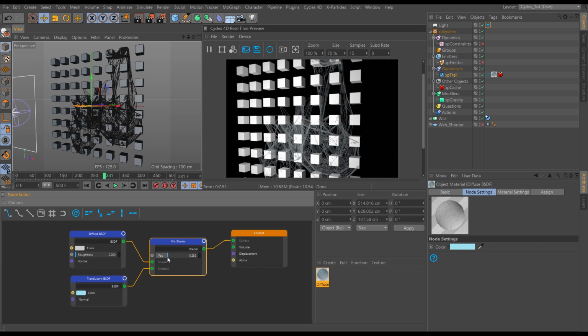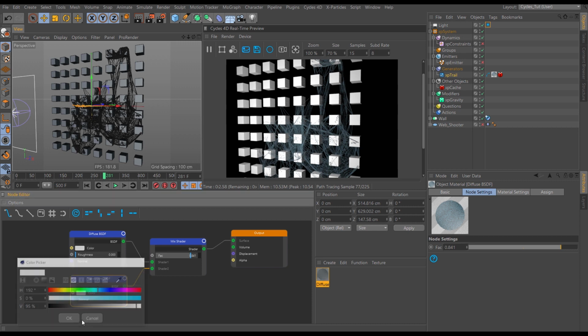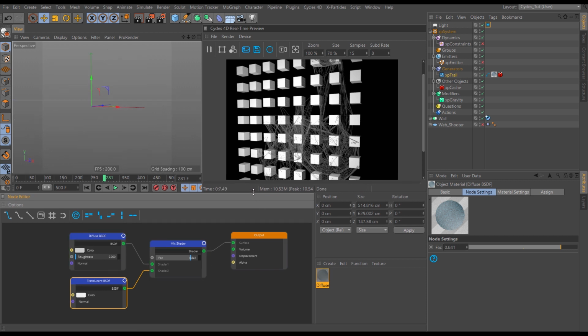If I move this factor down to the left, it's more diffuse and less translucency. If I move it over 0.5, it's more translucency and less diffuse. I'm going to actually want that to be quite translucent, so I'm going to keep it higher up. And I'm just going to take this colour out for now because we are going to use some coloured lights, and so that might not be necessary, but we can always come back and colour that should we wish. Right, so